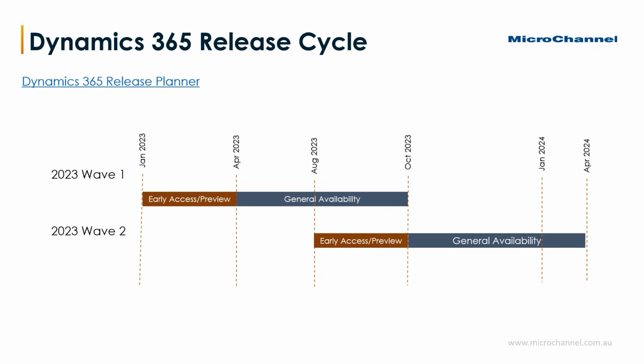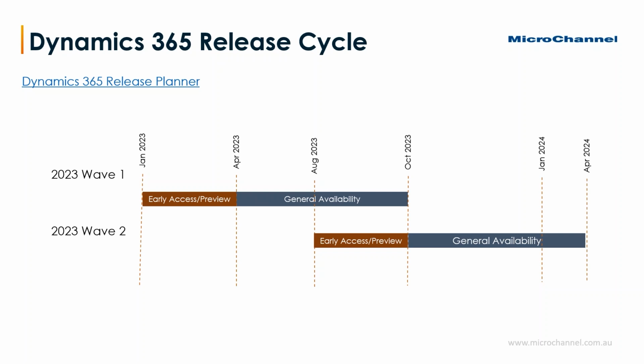So for those who are unfamiliar with how Dynamics actually works from a release perspective, primarily there are 2 releases each year. So there is a wave 1 or a wave 2. So you can start to see some of the timings around that. So wave 1 obviously is in the first half of the year,